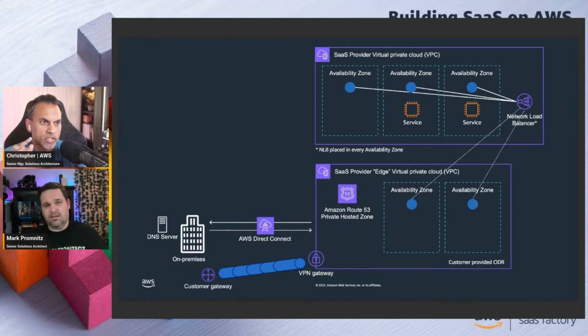By doing that... This is for customers without an AWS presence. Yeah, so if you've got customers, I'm thinking doctor's surgeries or anything like that, where they're trying to interface with your environment. They don't have an AWS presence, but they still want to have private connectivity, right? Because it's sensitive data, it's HIPAA data, it could be PCI data, or whatever it is, right? How do they best connect into your SaaS platform and so essentially make them do as little work as possible, right? Back to this answer and how this works.